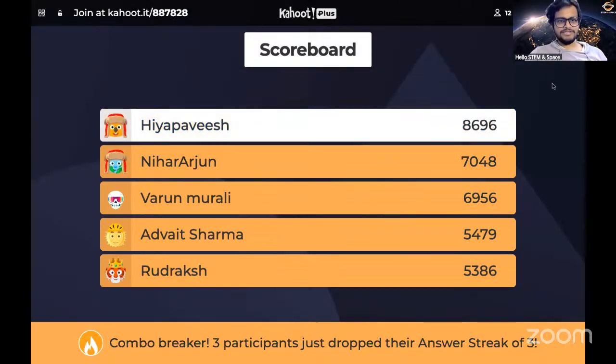And not much changes. He is still on the top. Nihar on second, Varun on third, Advait on fourth, and Rudraksh on the fifth position. Okay, let's see,